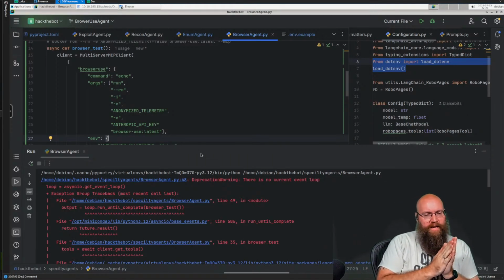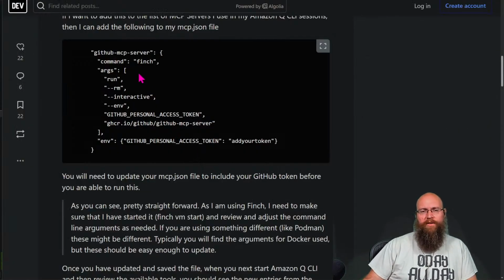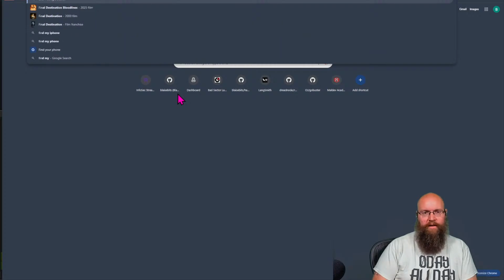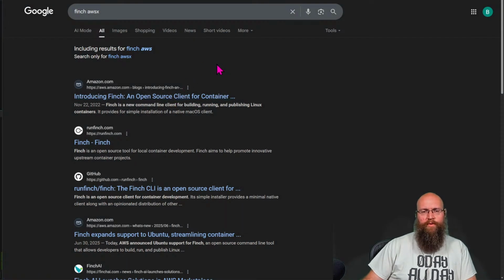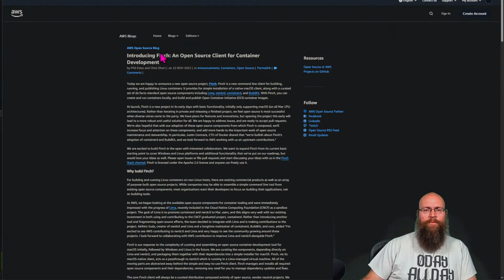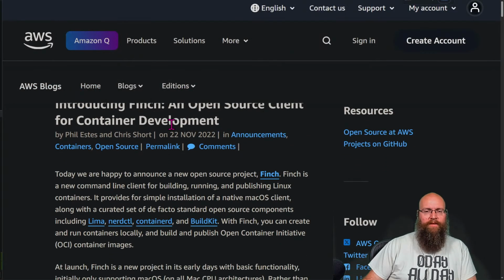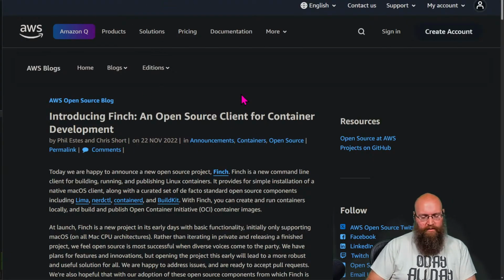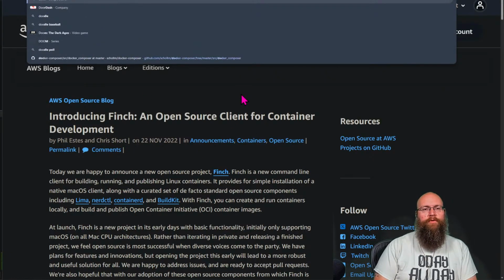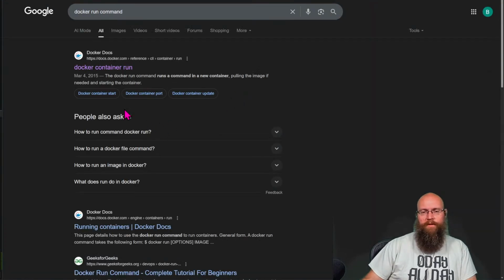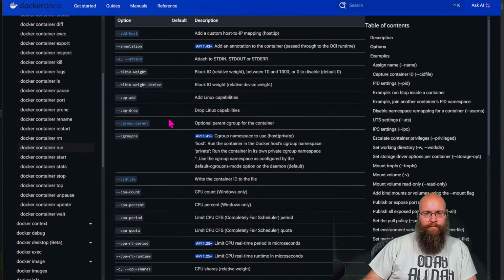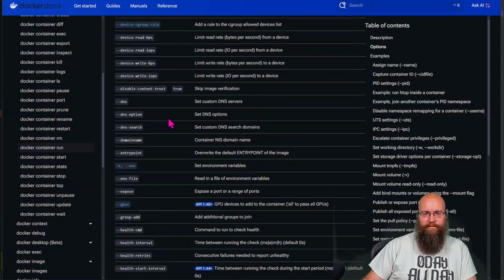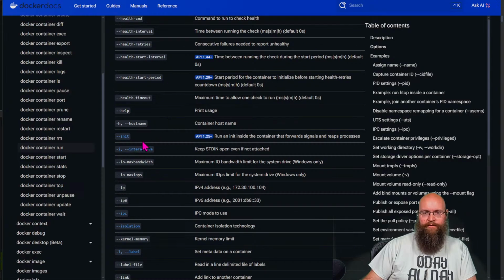The other example used tac interactive. Would that matter? It shouldn't matter because they should be interchangeable. And plus, this is using Finch, but if I remember correctly, Finch is basically a way to run... Yeah, it's an open source container client from AWS. And typically, whenever you're trying to open source and usurp somebody, you just use their same syntax format. Just for grins and giggles, we can double check it, but it should be that those are both identical commands. Tac i versus tac tac interactive. Yeah.